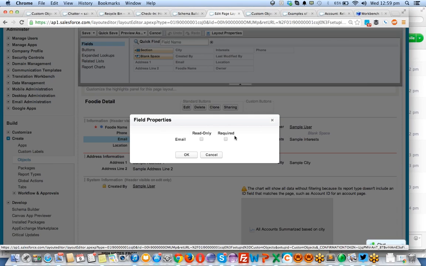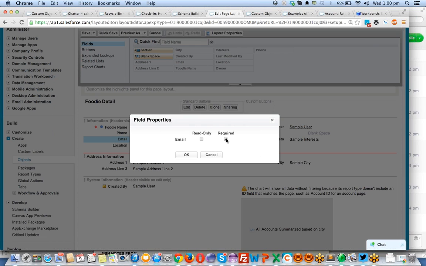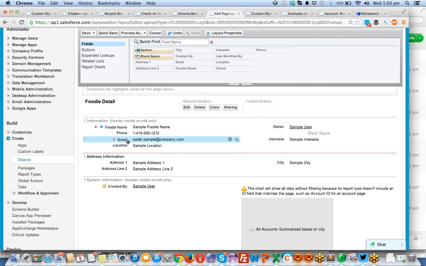You can see similar properties at the field level security also, where once you have done that, you cannot modify it. You can modify, but this will be applicable for all the profiles. Now, if I make this required, everyone should enter this. Click on save. See, the star button is enabled here.